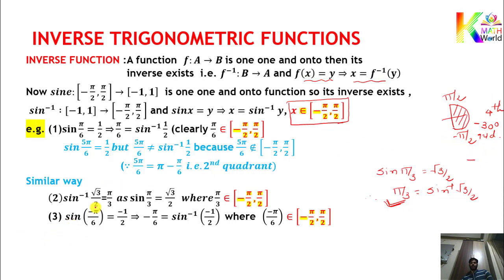So what is the answer? Sine 30, that is how much? Minus 1 by 2. Okay, so this is almost like this, sine x equals to y. Here you can see sine x equals to y, then x equals to sine inverse y. Whenever x lies in this range, this is the important thing. Okay, so sine x equals to y, so we can say x equals to, it means minus pi by 6 equals to sine inverse of minus 1 by 2.